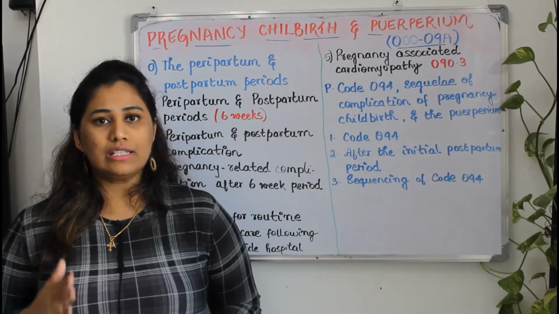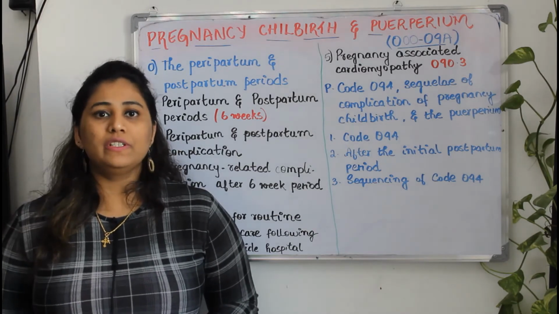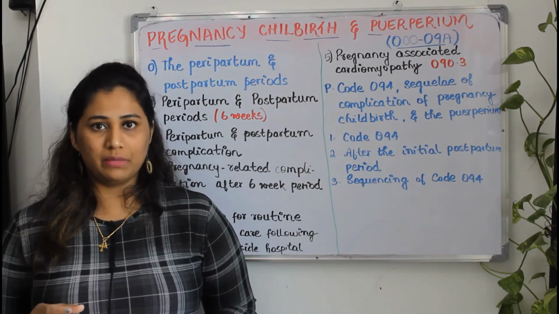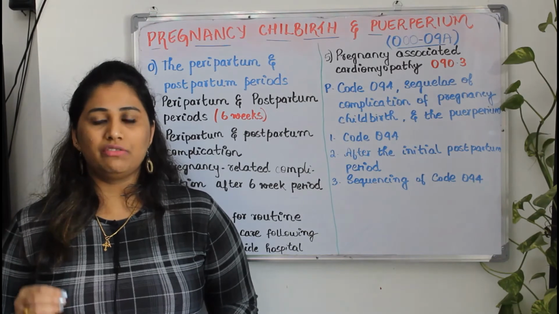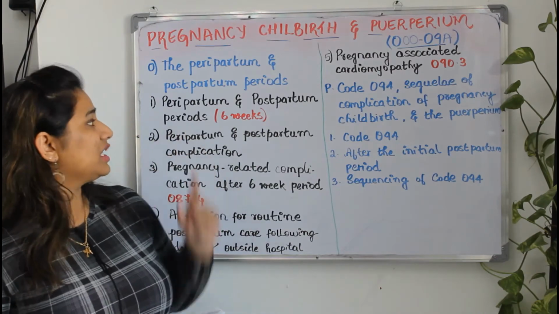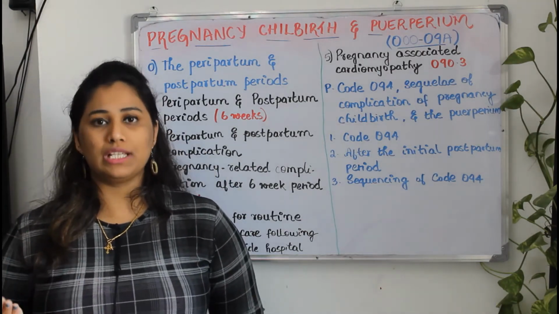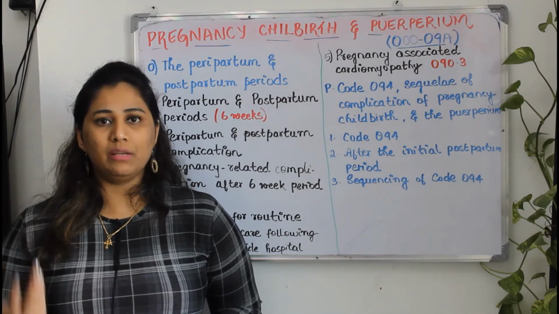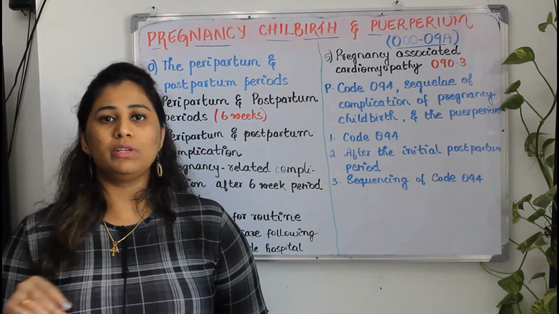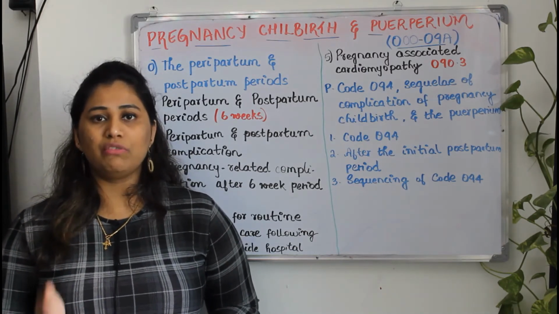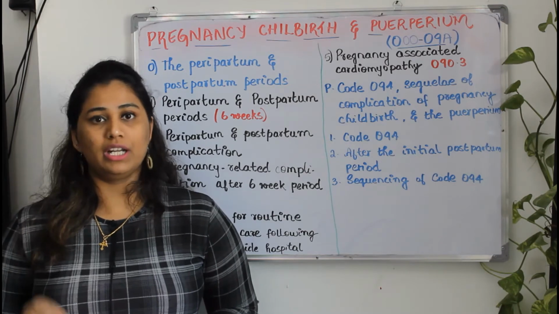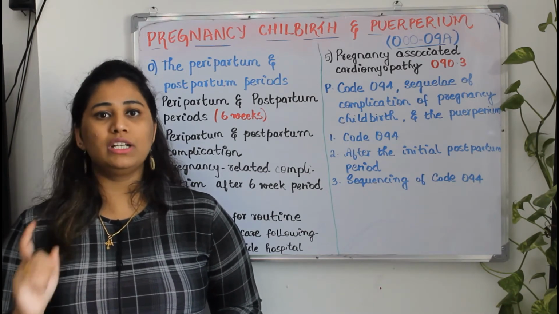Till now we were talking till the delivery. Now, after the delivery, what all things will come, that we will discuss. After the delivery, the particular period is known as the postpartum period. You need to identify the difference between postpartum and peripartum. Postpartum is the 6 weeks from the date of delivery. Peripartum is 1 month before the delivery and 5 months after the delivery, a total of 6 months.